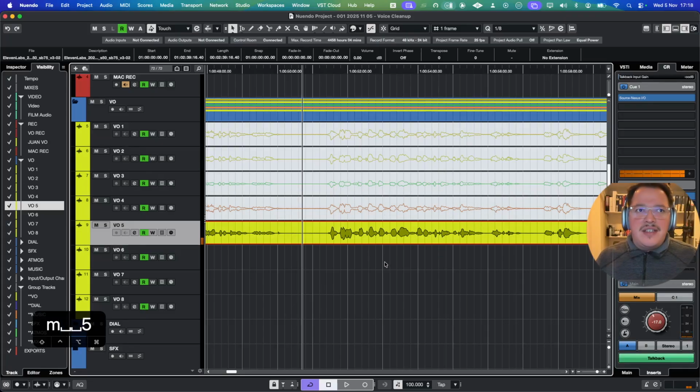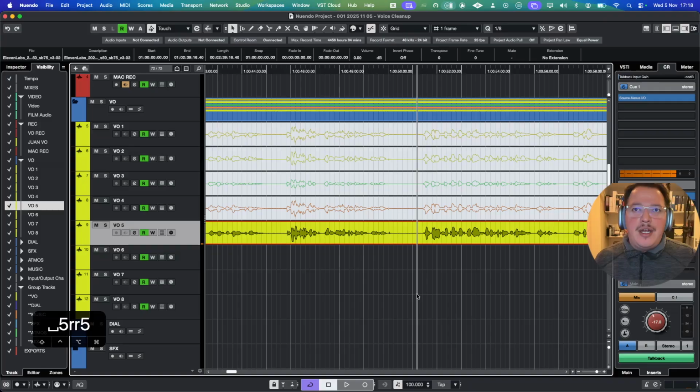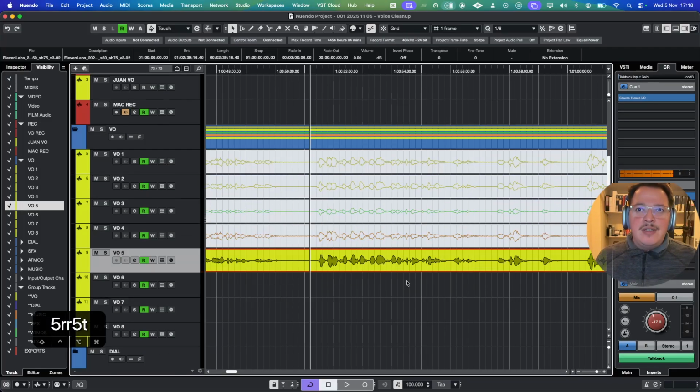So there you hear that the ElevenLabs cleanup is better than the original, but the Adobe enhanced version is a lot more surgical. It cleaned up all the noise in the background, it cleaned out the reverberation in the background, and in my opinion, the Adobe enhanced version is a much cleaner version to work with. So it also depends on what you have going on in the mix, of course.